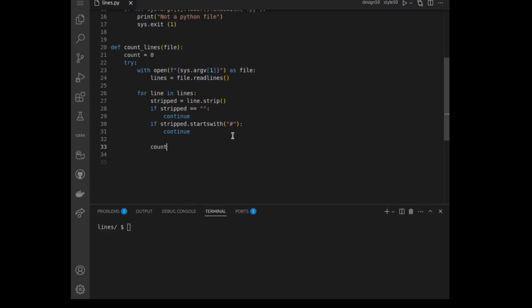Now we're going to actually count our lines there. So we say count equals count plus 1. So each time we go through this line, based on we're iterating through this file, each line we go through, and